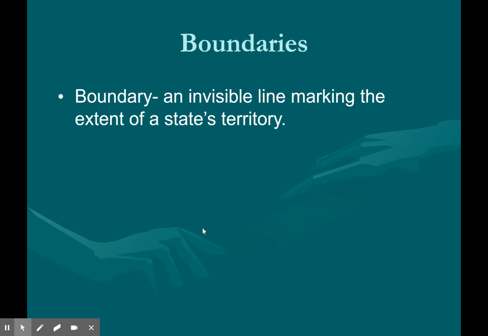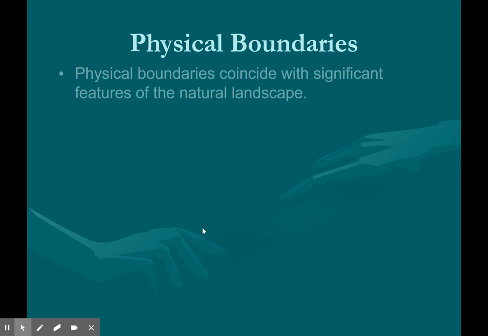These are going to be very important when determining who controls what resources somebody has, if it's in their country or not, and kind of saying what area of control that nation has. So boundaries are going to be very important. Those are boundaries that are man-made. They're not going to be necessarily seen from space.